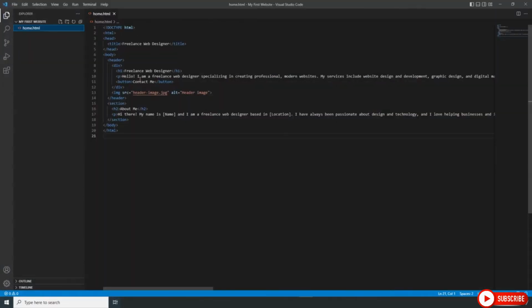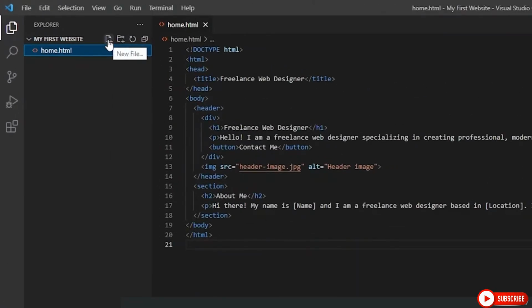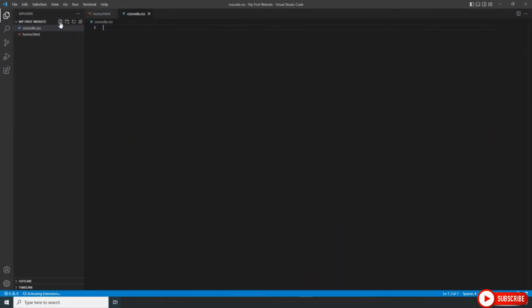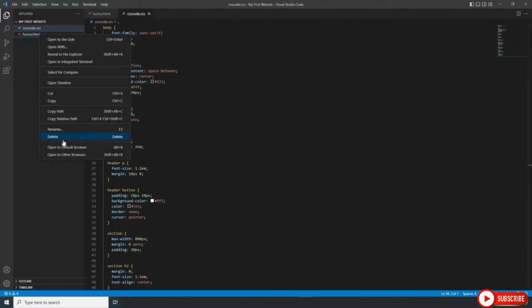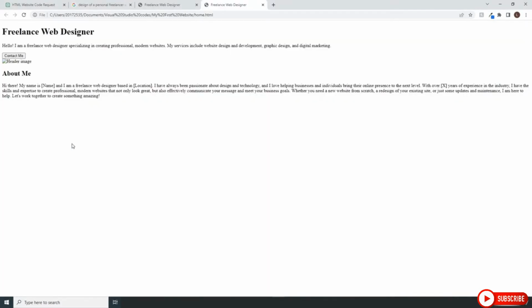And now we actually have to put this in a separate file. So let's go here to the top left and hit New File. And let's make that CSS code.css. And let's hit enter. And now we have this new file, and it knows this should be a CSS file because we put the extension .css. And let's just paste this code right here. There we go. And if we hit Ctrl+S, and we now go to open in default browser, it will still